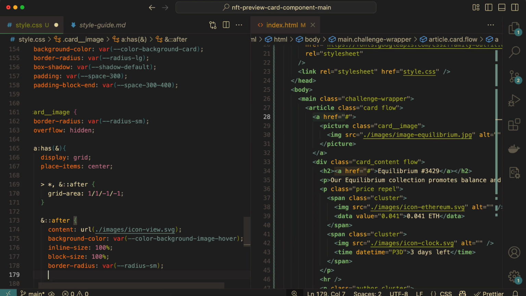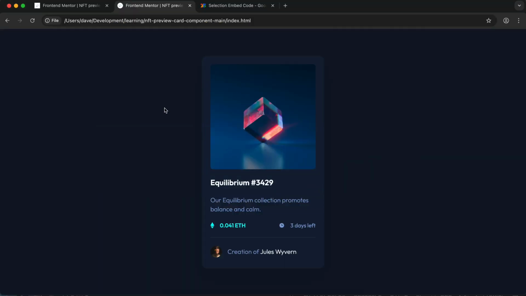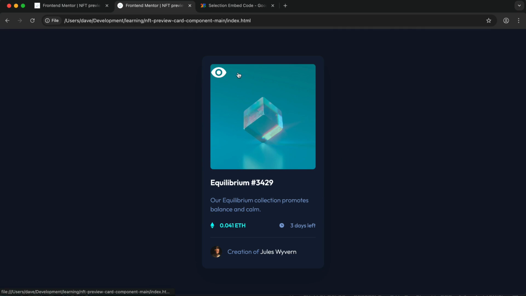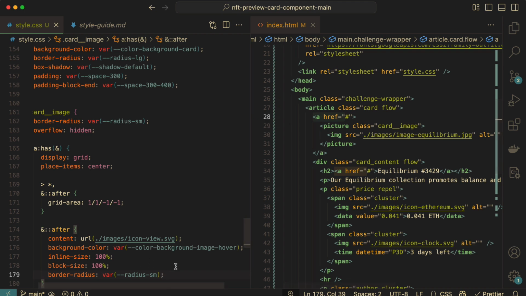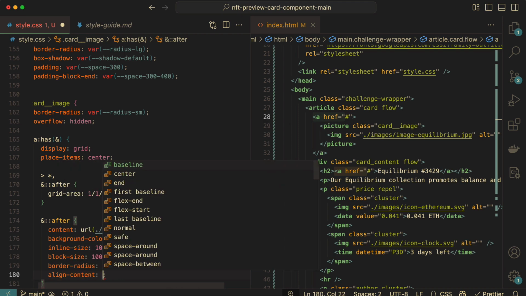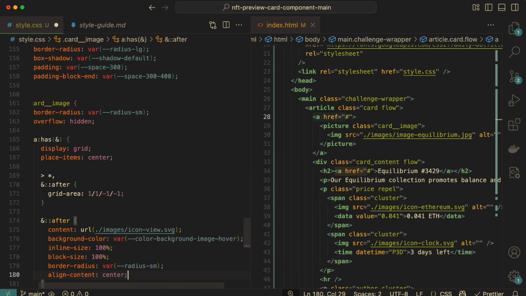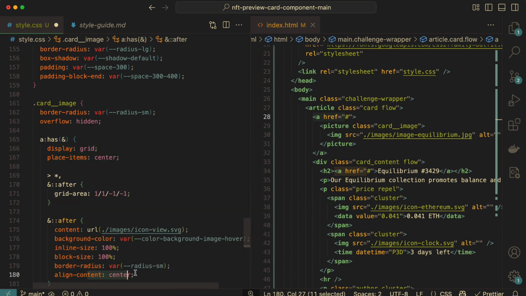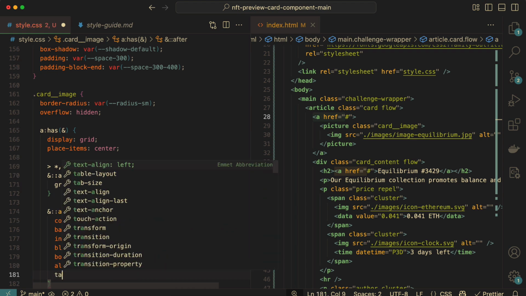And then from here, let's take a look really fast to see what we got. So if we refresh, that eyeball is right at the top left corner, okay? We want it to be basically right here in the middle, okay? We can do that with a new property. This might not work in all browsers, so double check, but we can use align content directly, which is really, really nice, especially when it gets to all browsers. It's just going to be so much easier because then if you're centering stuff, you won't need this, okay? You'll just need align content and you can get it done. Text align center